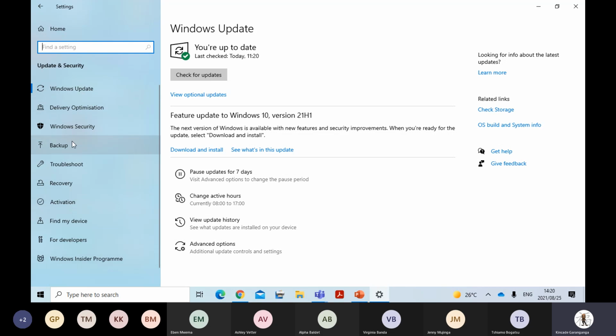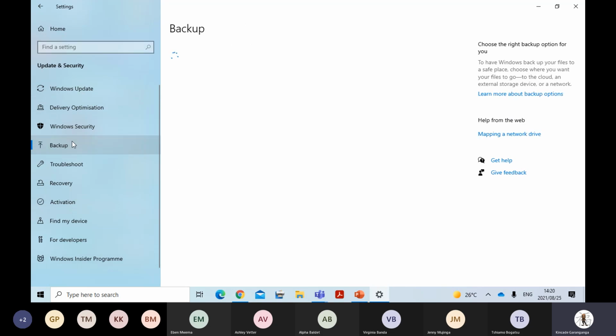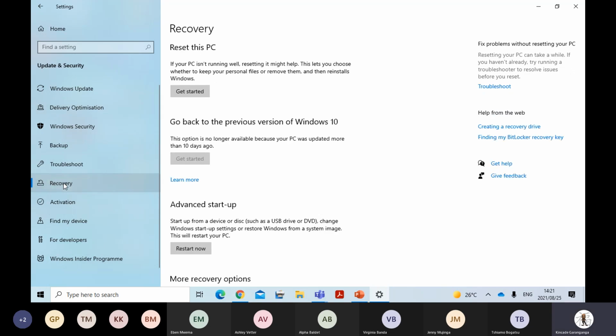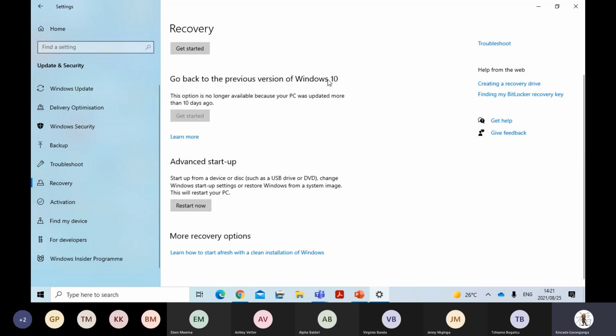And ultimately what you want to access in this instance is the backup section that we were talking about a couple of seconds ago, the screenshot that was initially displayed in your slides. And then, if you're looking for an older backup, you can work with Backup and Restore as far as your Windows 7 setups are concerned. So you've got your backup section, and then you've got your recovery. With recovery, you've got reset the PC, go back to a previous version of Windows 10, and advanced startup, where you can now dictate